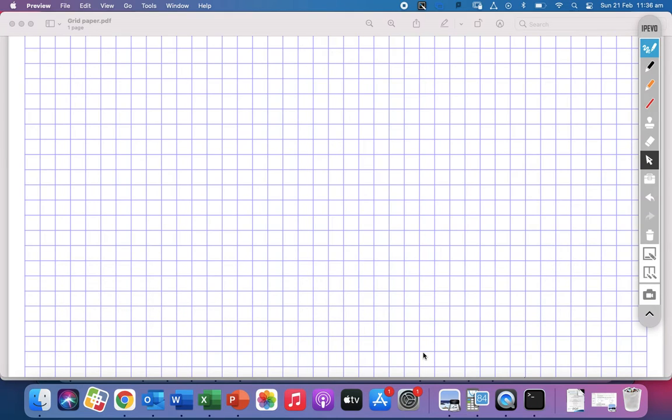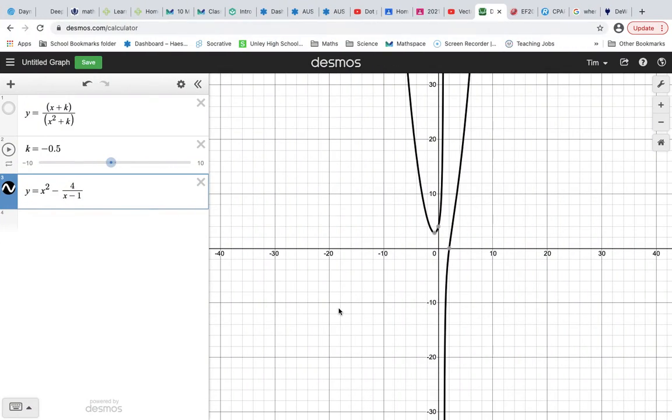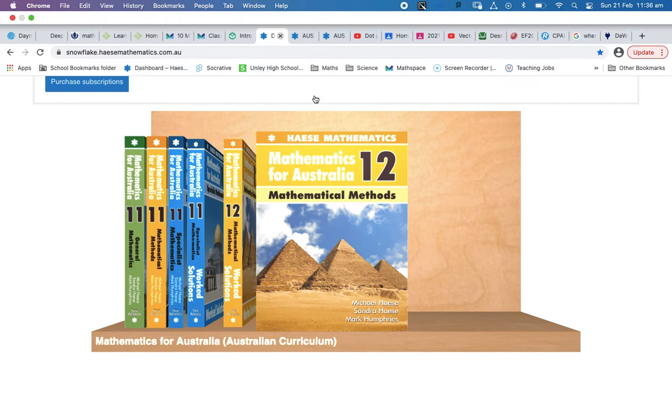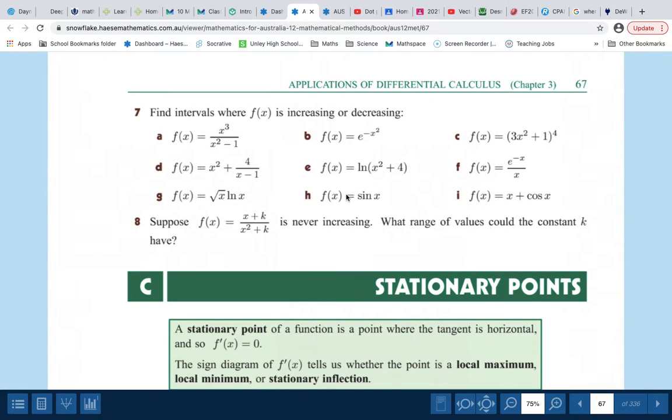We're going to look at increasing and decreasing from sine diagrams, and it's where sine diagrams of first derivatives. So the question is 3b, question 7. Find intervals where the function is increasing or decreasing. The method is we actually find where the gradient is positive or negative. So we find the first derivative, our gradient function. If that's giving us positive answers, we are increasing because we've got positive gradient, we're going uphill, the function is